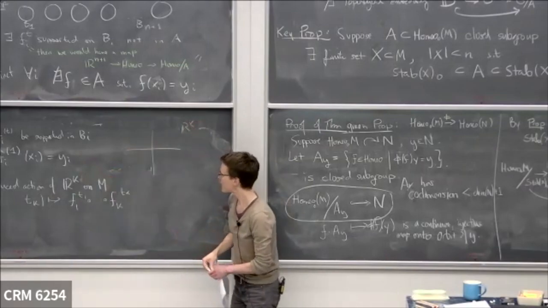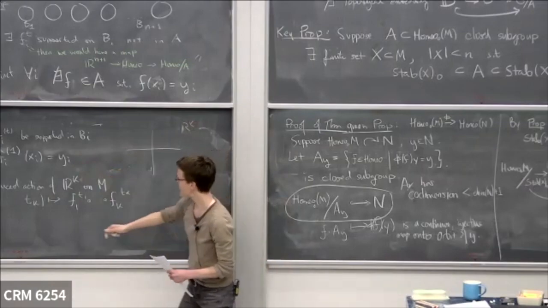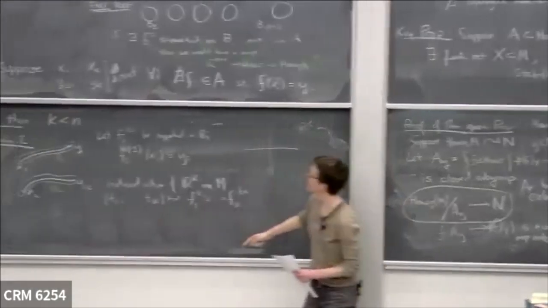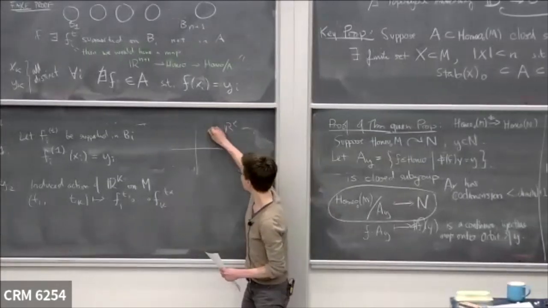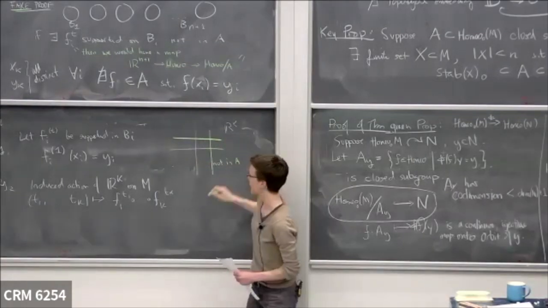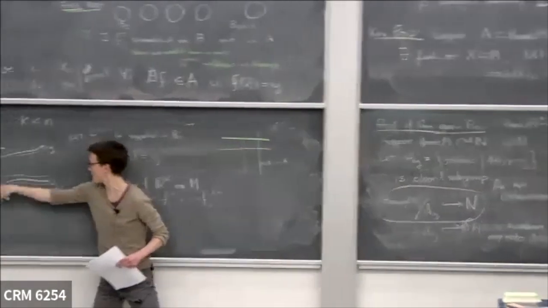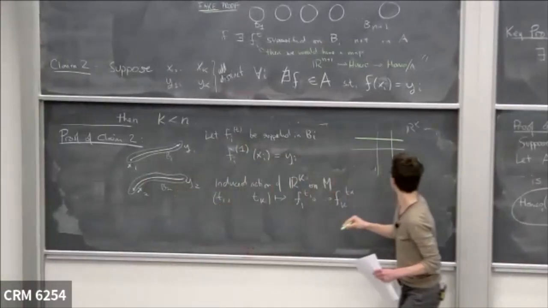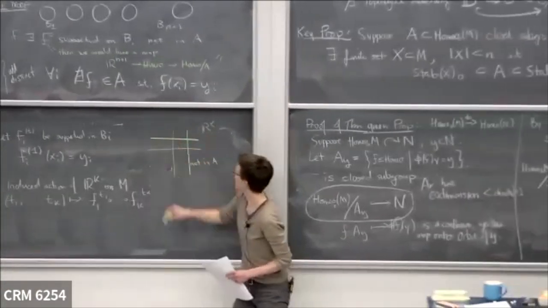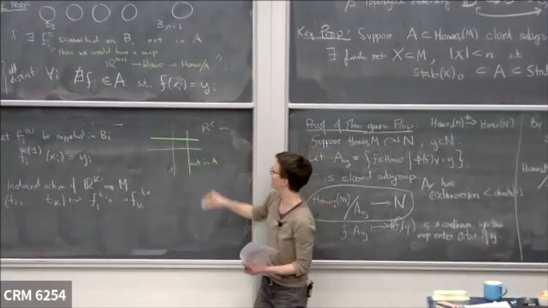I've made it so that if any of these t_j coordinates is 1, then you're not in A, right? Because if any one of these is the time 1 map, it's taking x_i to y_i. So these green subsets of my R^k subgroup of Homeo(M)